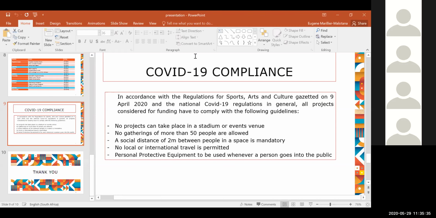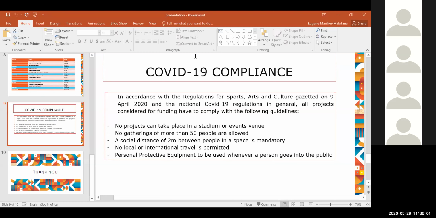Travel is not permitted internationally. So we see a lot of events, like your festivals that happen abroad, have put their programs on hold and say we're going to do them in 2021. Then the challenge that the NAC will have to deal with is, do we consider them now for 2021, or do we just allow people to revise their projects to say that might not be a possibility unless